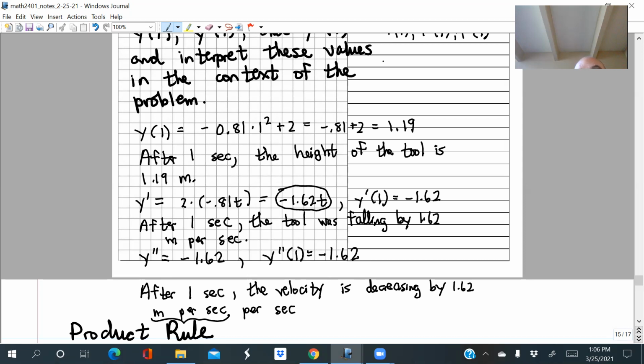Okay. So again, when you're thinking of second derivative, remember that is an acceleration. That's the change in the velocity. Velocity is the change in the height. Second derivative is the acceleration. That's the change in the velocity. Okay. All right, so I'm going to show you now, we're through with these notes, but we've got one more